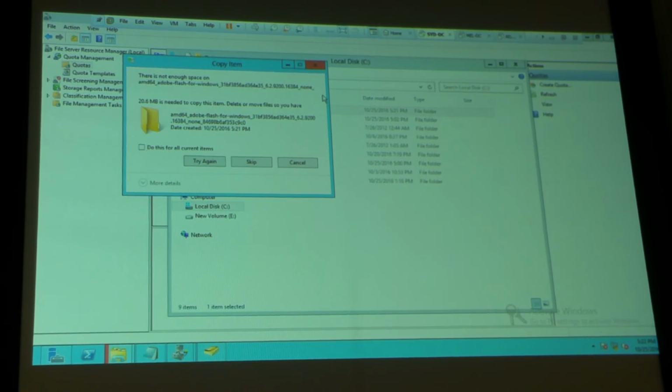Where is it? Oh, actually, okay, so it is soft. You need to change it to hard quota. And now let's see. You set it for the C drive. It should not be for the C drive. It should be,